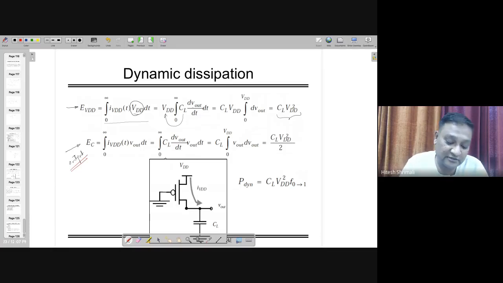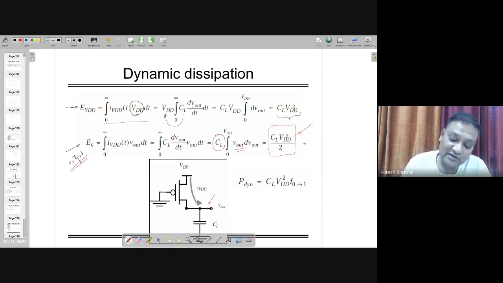But if you are looking at the second part where CL is coming out, Vout is not a fixed value, by the way. Vout is changing with respect to time, and when the input is going from 0 to VDD, the value of Vout is varying. So we have to keep this inside. It's not a static value, so it's not a constant, so it cannot go outside. So this is Vout times dVout, and when you do the integration, you will find that it's CL VDD square by 2, right? It's very common, and you must have derived such an equation with half CV square. That's the energy for such a dynamic power consumption.